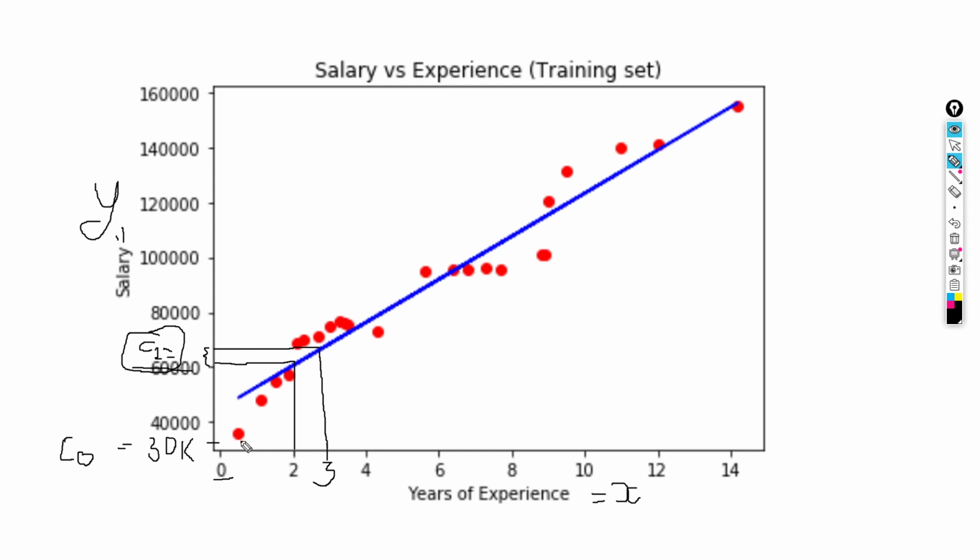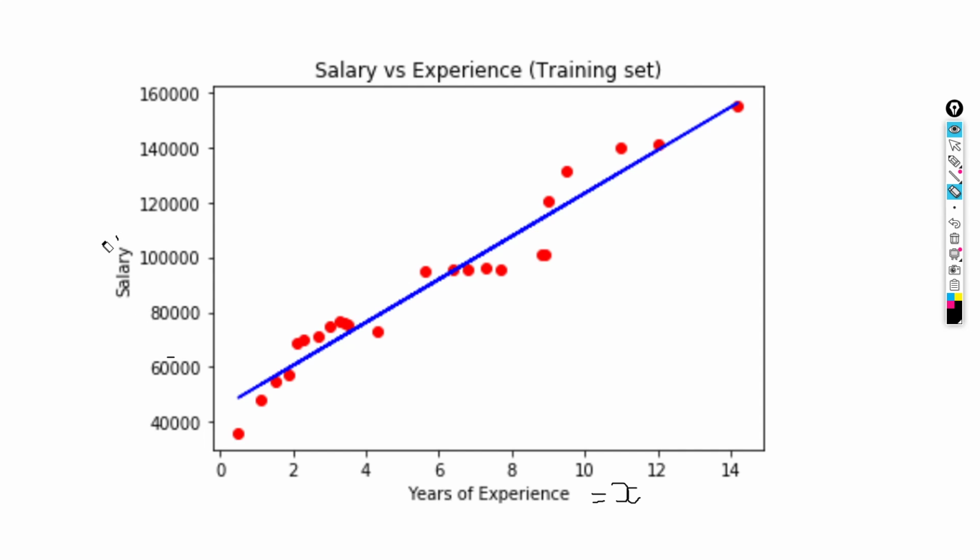And what is this blue line? This blue line is actually a regression line. This regression line is going to help us predict the salary. It might not be completely 100% accurate, but it is surely going to give us a very close value. And how this works,